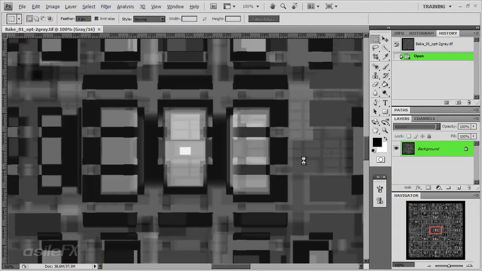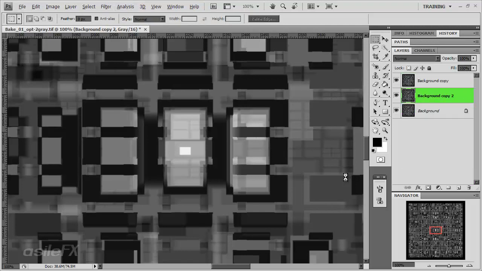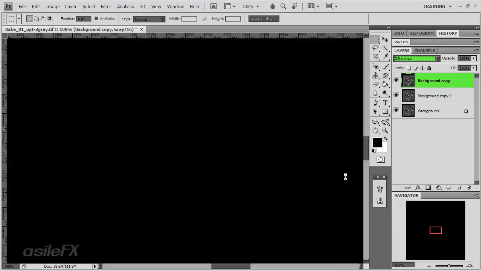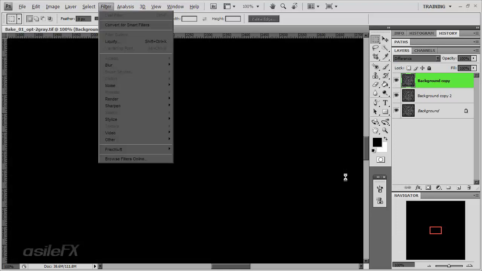So if we want to create a fairly accurate ambient occlusion map, I'm just going to do this quickly. We could really create a very accurate one, spending a little more time, but I'm just going to do something pretty quick. What I want is to somewhat balance out the image first. A couple of different ways we can do that. We can create some duplicate layers, and I'm going to set it to difference,